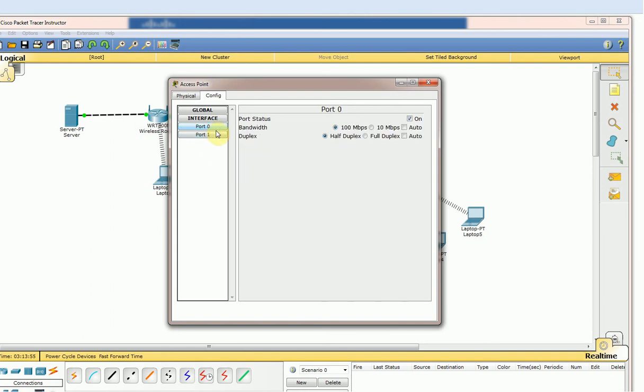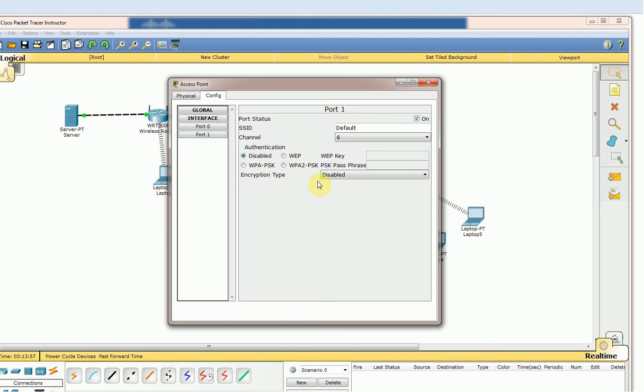Port 0 is where it is connected. For Port 1, you have to give an SSID. I am giving the SSID as Cisco AP, and now I am giving a WPA2 key, again Cisco@123, and switching it on again.